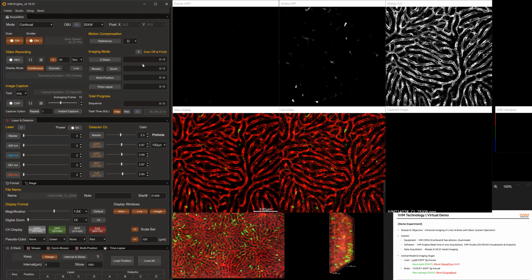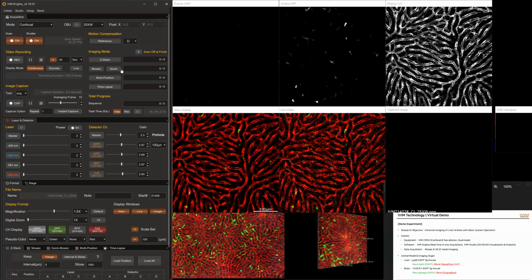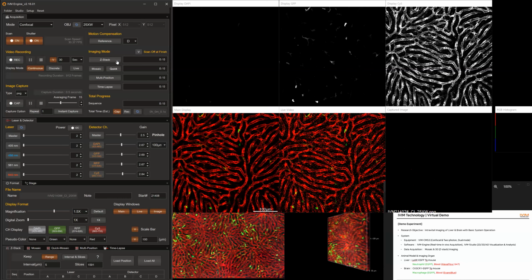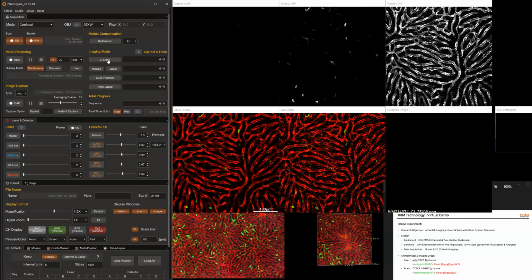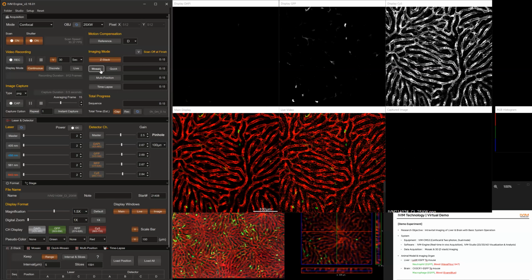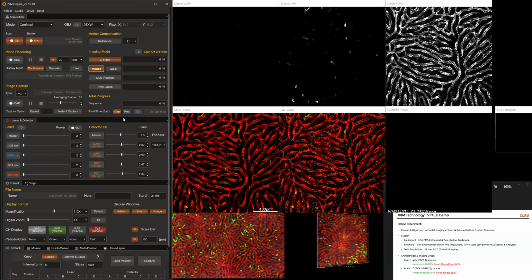IVIM Engine makes it possible to image a number of combinations, such as mosaic for wide area imaging, Z-stack for depth-wise imaging, multi-position for a multitude of spots, and time-lapse for temporal intervals, as well as live video. As for this imaging session, I'd like to take the images with the combination of Z-stack and mosaic mode from the liver. In order to do wide area imaging with IVIM CMS3, X and Y coordinates of the field of view